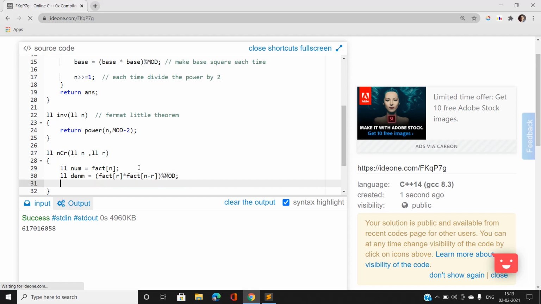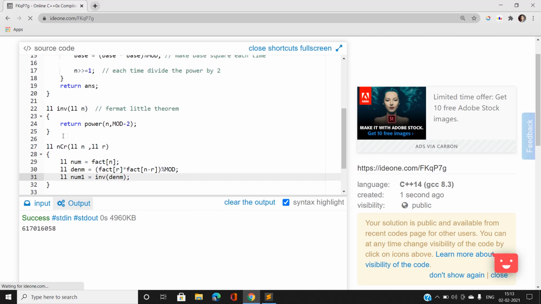And again you can note that we have to take the inverse here, because our new numerator, numerator 1, would be the inverse of our denominator. So in this case again we are going to use the inverse function, which is again using binary exponentiation.